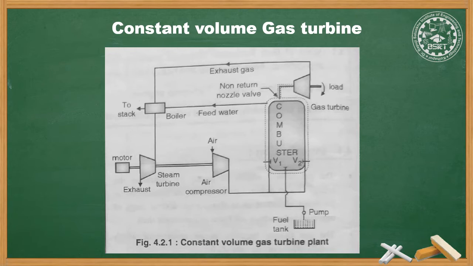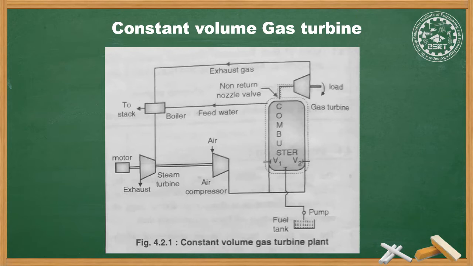The pressurized air enters into the combustion chamber through the valves V1 and V2 as shown in the figure. The valves V1 and V2 are closed after the combustion chamber is filled completely. The required amount of fuel is injected through valve V3 from the fuel tank with the help of a fuel pump, and then the valve is closed. This air fuel mixture is ignited by means of an electric spark. The combustion occurs at constant volume as all the valves are closed.